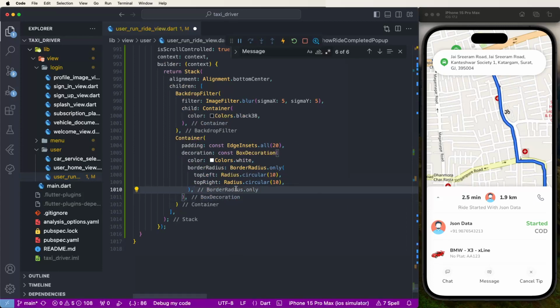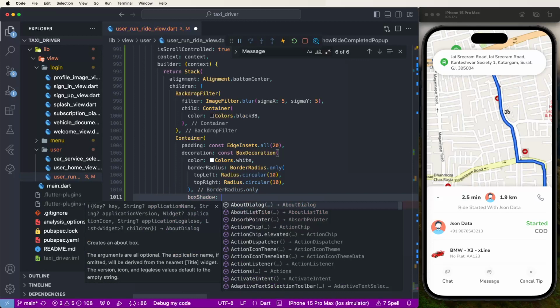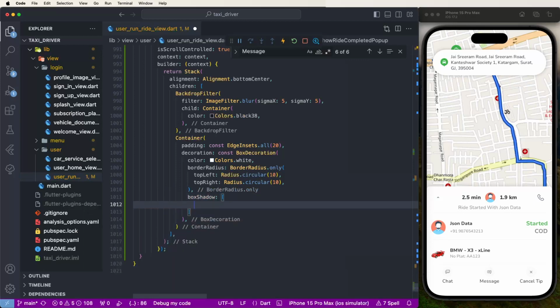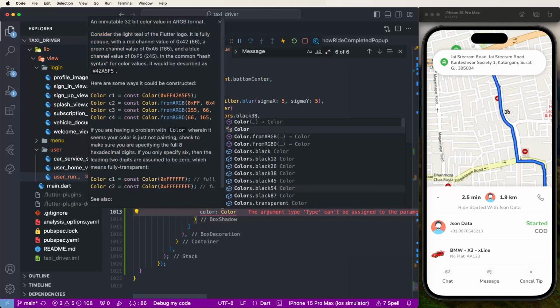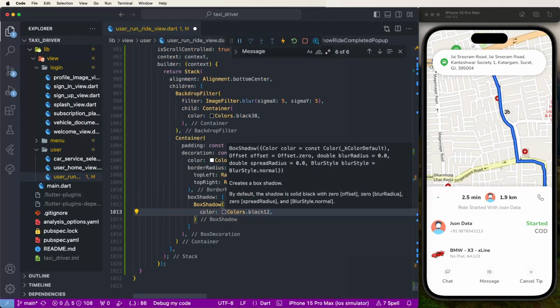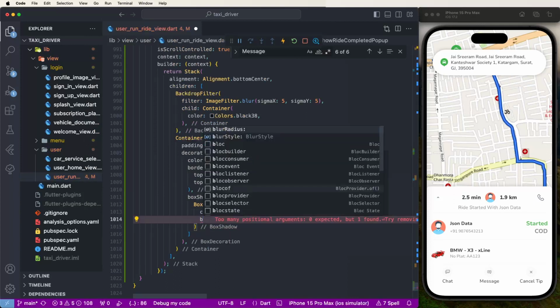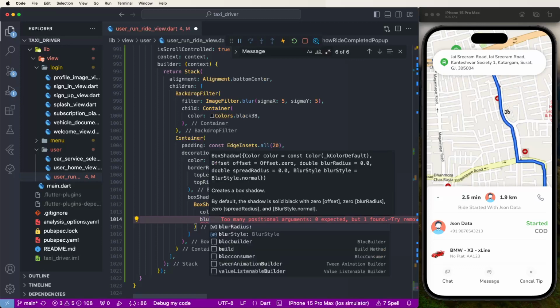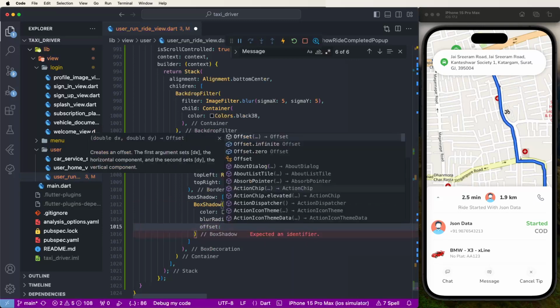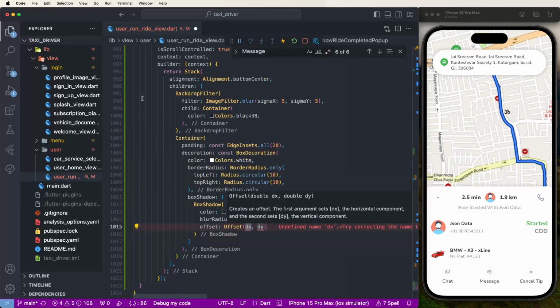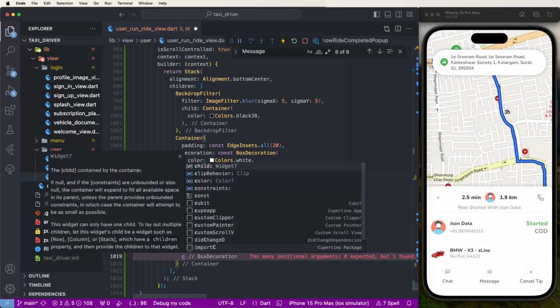Now need to create the shadow. Need to write down the box shadow, and we need to set this like box shadow is equal to, need to set the color black 12. We need to set this here. Then after need to pass the blur radius. Need to write down blur radius. Need to give 10, and also need to set the offset. Need to set as 0 and y is equal to minus five. We need to set this like this. We need to set the shadow, and now after we need to create the children,